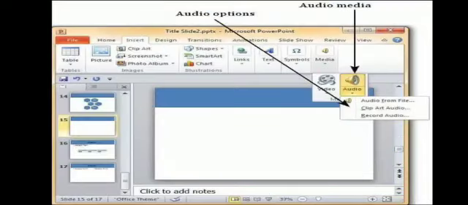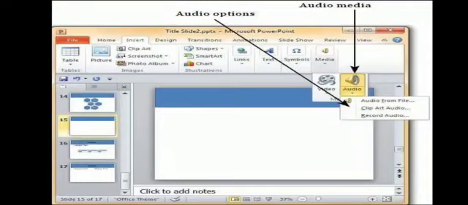Now next is inserting sound clip. What is the need to add sound in a presentation? We are doing animation, we are doing transition effects to make it more attractive. Then what is the need to add sound? Music or sound effects can add a completely new dimension to any presentation. You can add sound in the form of music, special effects, or you can record your voice also.